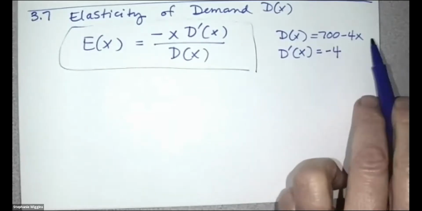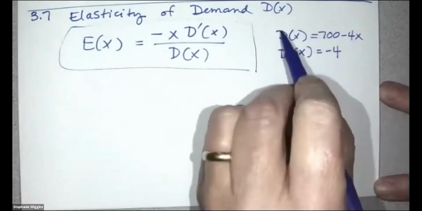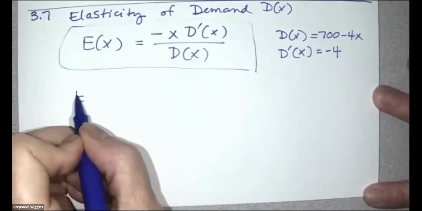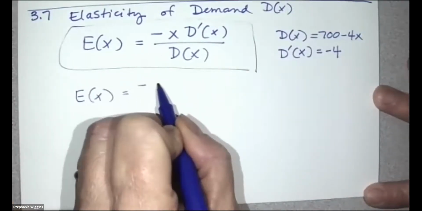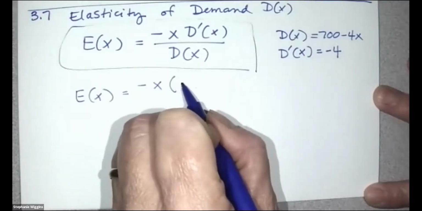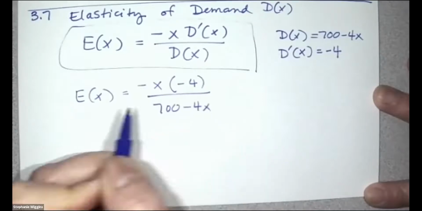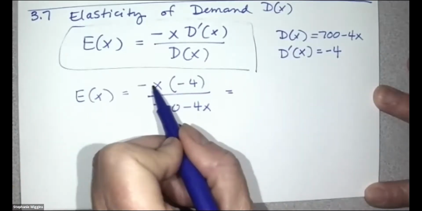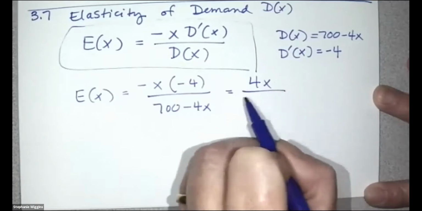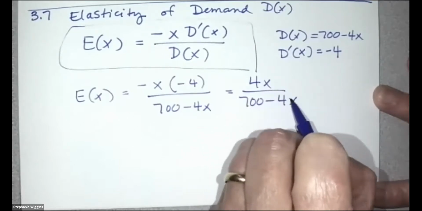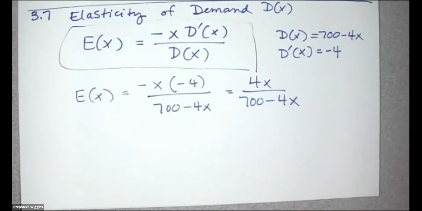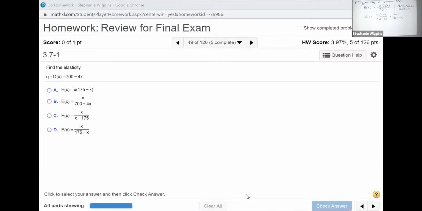So d of x is negative 4. And then we just plug this into our formula. The double negative means I have 4x over 700 minus 4x. And it may or may not be in that form, but going back, you've got your multiple choice here to select the correct one. And we can see that,